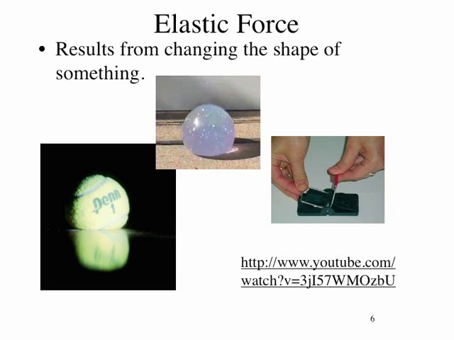An elastic force results from the changing of shape of something. So the two pictures here of the tennis ball and the silver sparkly ball, those aren't deflated balls. Those are balls that are in the middle of a bounce. If you watch a video, you can actually see that the ball comes down, and when it hits the floor, the shape of the ball changes, it deforms. Then that change in shape of the ball pushes back against the ground,